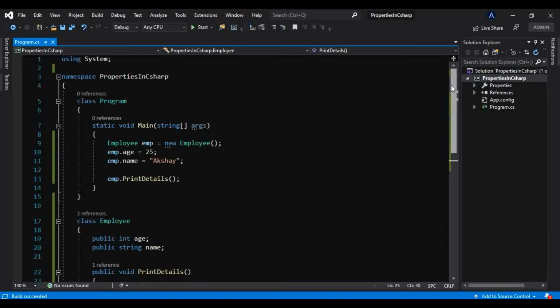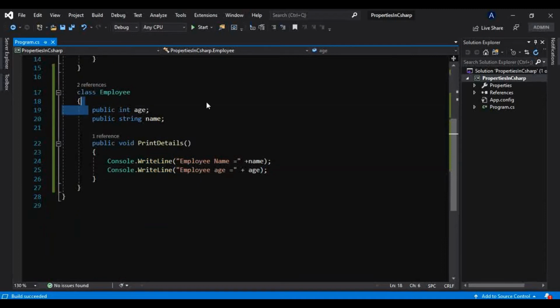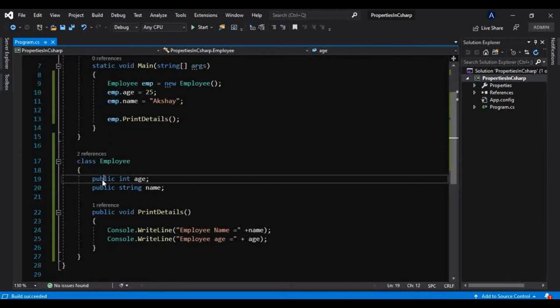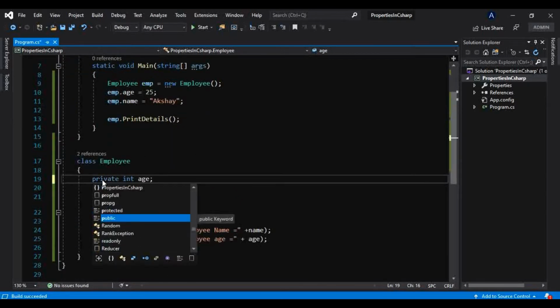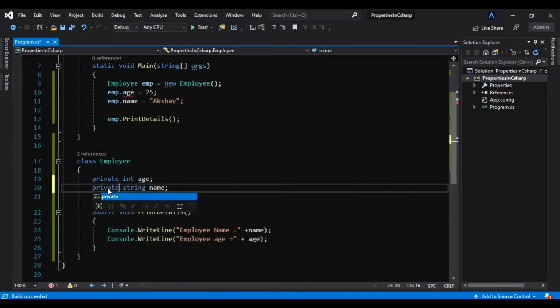Okay, now we know we can have these public fields like this, and we can call them on this instance. But now what if I make them private like this?